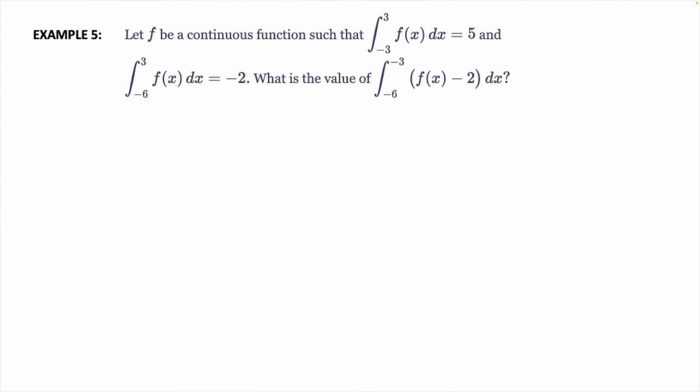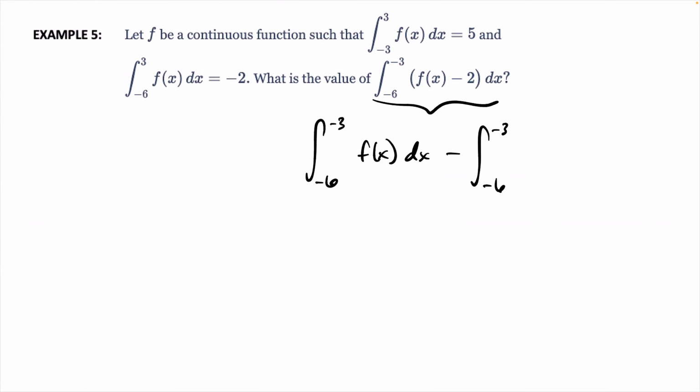So first of all, that looks like the one we just had. So I'm going to break that into 2 smaller ones. The integral of f of x dx minus the integral of 2 dx. For example 4, why was the bound